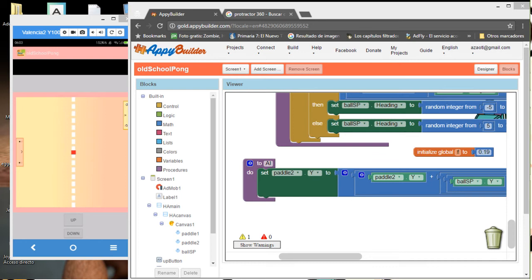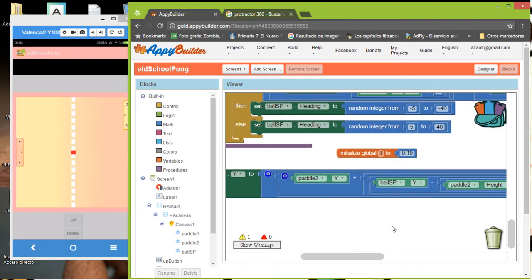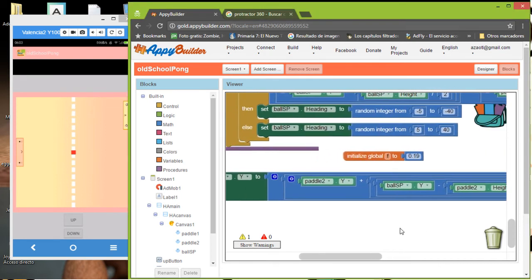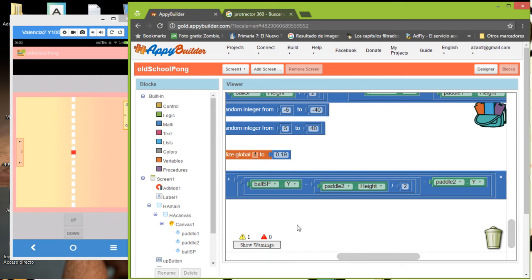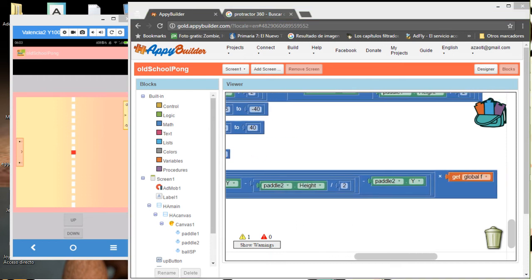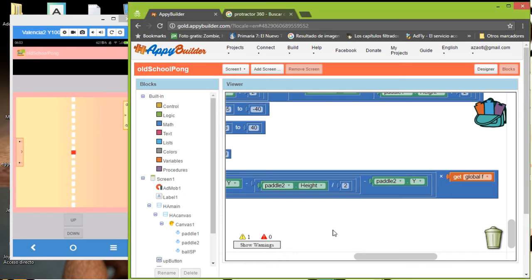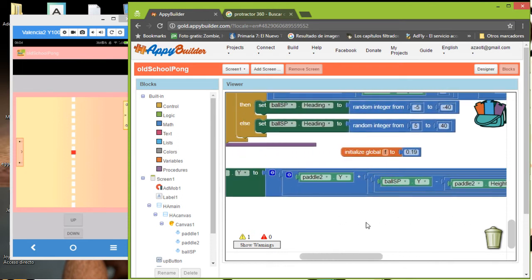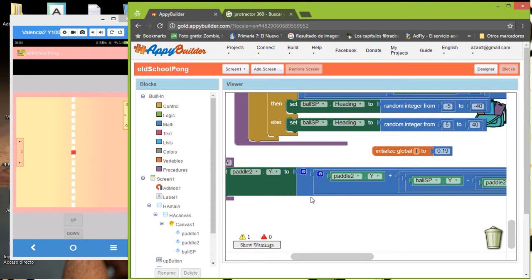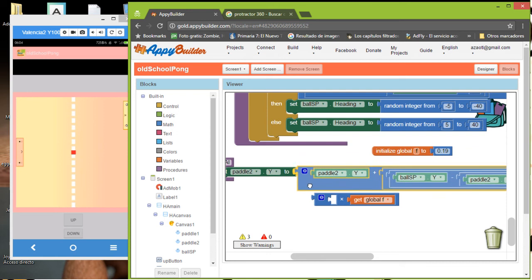Okay, so well, let's check. So probably we need to modify some things here. So the paddle is modified here: the ball Y plus the paddle height divided by 2 minus Y times 19. I guess probably we have here a mistake. Oh yeah, I know, probably I know which is the thing. We need to update the current position,